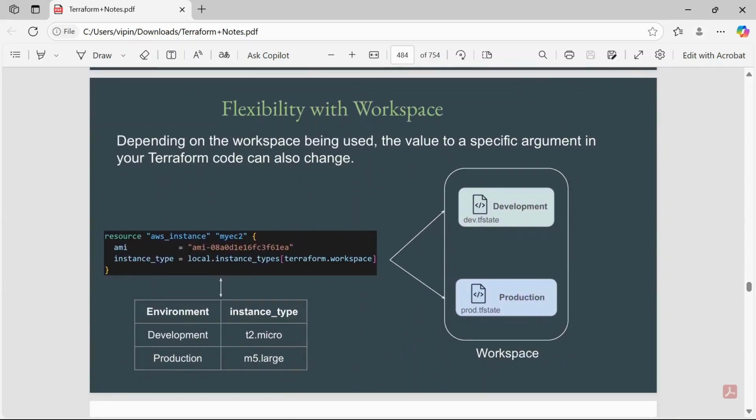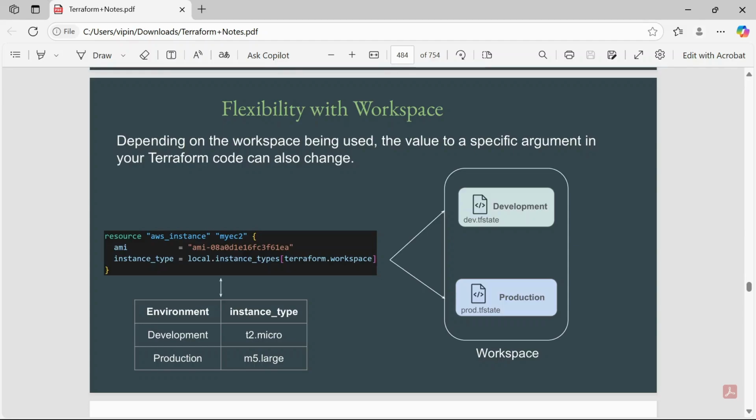So, flexibility with workspace. Depending on the workspace being used, the value of a specific argument in your Terraform configuration can also change. As you can see here, the resource configuration is creating an EC2 instance, and for environment we have development and production, and for instance type we have T2.micro, and for production we have M5.large.